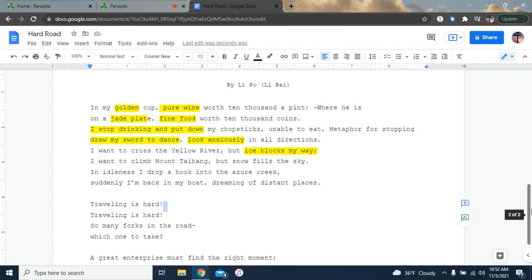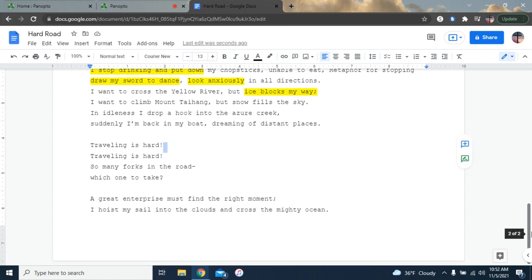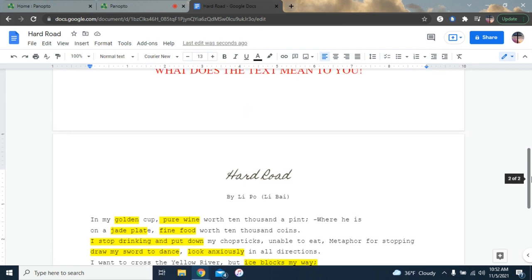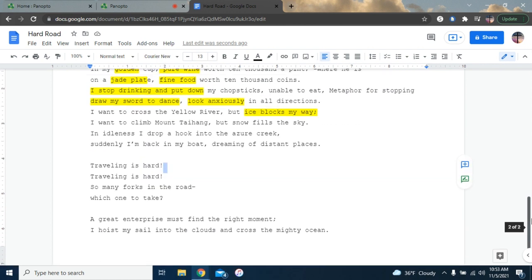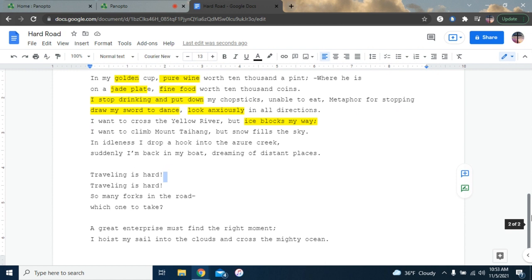So I want you to just go through and mark it up. The messier it looks, the better. That makes me know that you've tried, and I just want you to have fun with it, and I want you to be able to get something out of it. And remember, I want you to pull your idea of what it means to you, because we're going to use this on the next assignment. We're going to be writing a paper over it. So pull things that you can make an argument about of what it means to you.